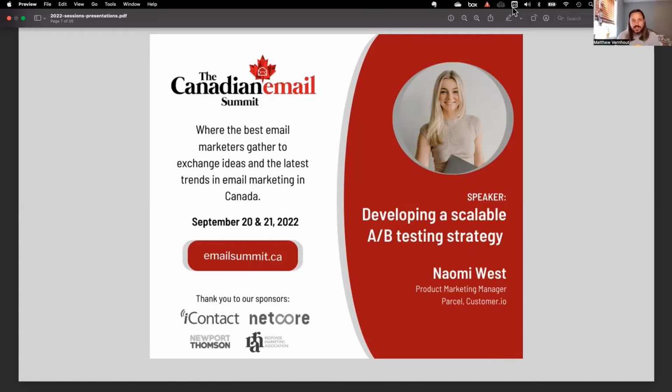And is color testing something that you should be looking at, like red button versus blue button, or is that something that's too basic for most people? I think it's definitely worth testing. I've tested it multiple times before and I've never had any significant results come back. So I would put that one in the same bucket as a subject line test, where it's difficult to replicate. And especially with things like dark mode these days, color testing for me isn't the highest up on my priority list. But again, you do have to develop your own benchmarks for your own audience.